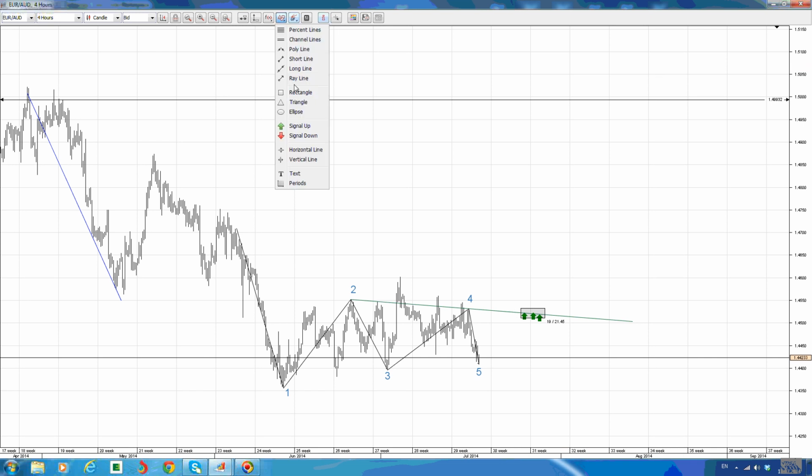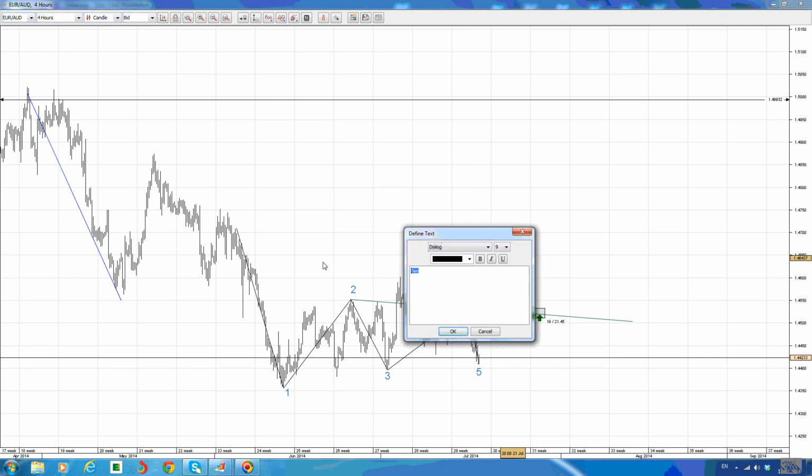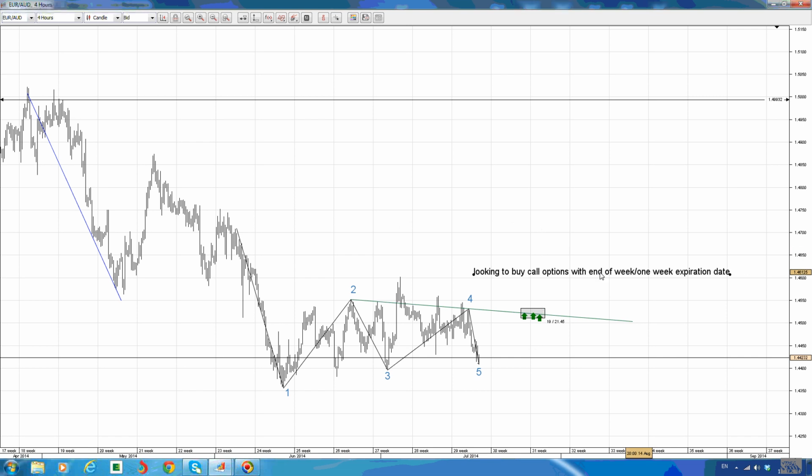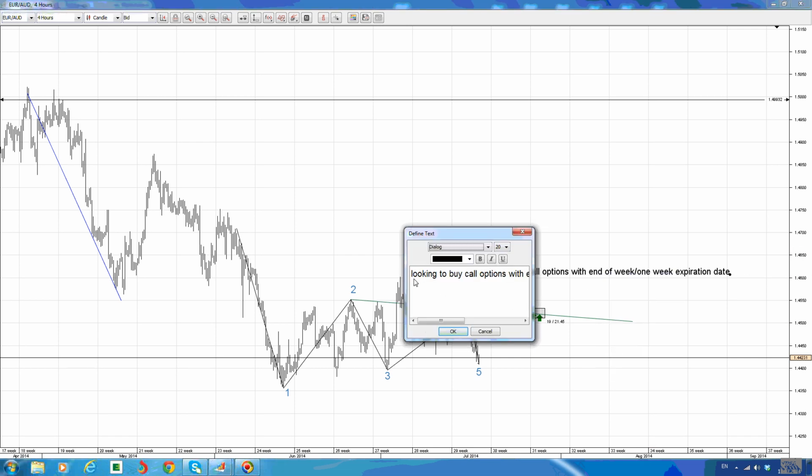Let's write on the screen the analysis on the pair today. So looking to buy call options with end of week or 1 week expiration date would be the recommendation for today, after price breaks 1.4515, on a break above